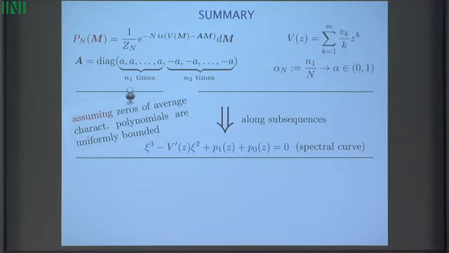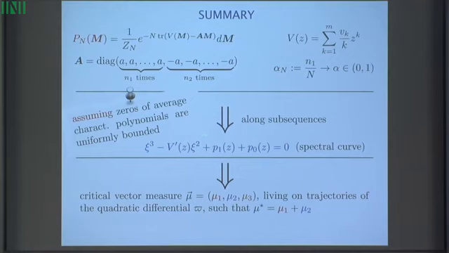And once we have the cubic equation, the next step was establishing that immediately you can associate a measure of 3 components that is critical, and such that it will live on trajectory a certain specific quadratic differential that's built out of this equation. And you can actually calculate, as you've seen, the trajectories numerically, for instance. And the first two components will give you the asymptotic distribution of the eigenvalues, of the zeros of the sequence of polynomials I mentioned before.